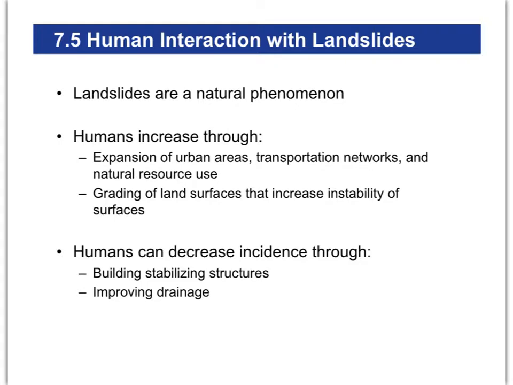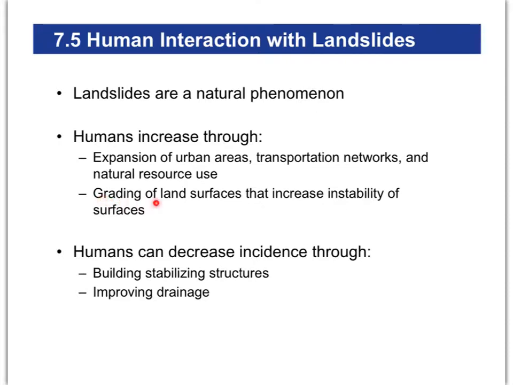All right, how do humans interact with landslides? Well, like I said before, urban areas. One of the things that does, we mentioned last chapter in floods, is that it increases runoff because it doesn't allow water to seep into the soil. Transportation networks. We talked about how trains and highways, people being kind of in the way right there. Those increase the risk factor of people getting injured from landslides.